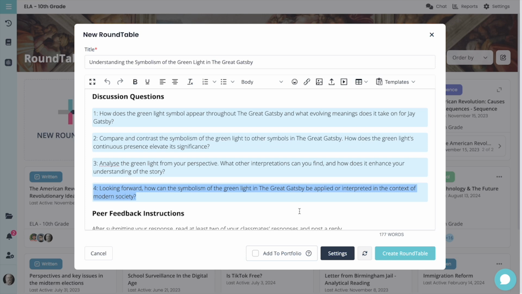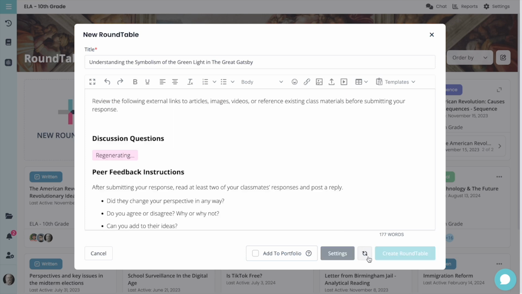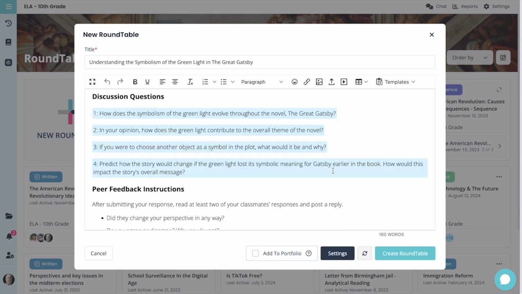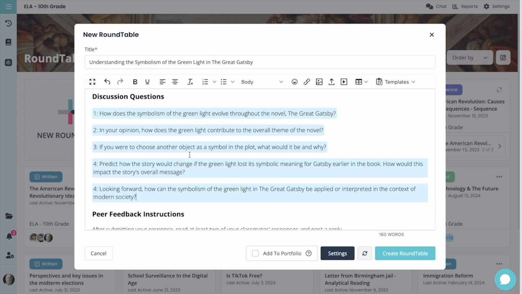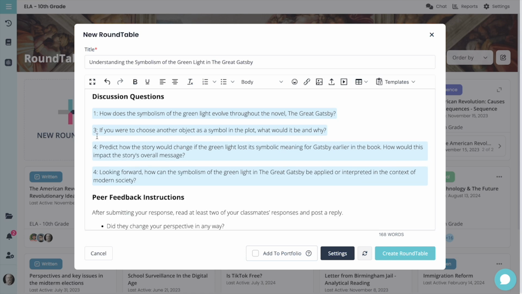So maybe I'll copy that one, but let's do it again and have it regenerate, see what it comes up with. So just like that, I have 4 new questions. Again, I like that last one, so I might take out a couple of these ones and maybe we'll just change them up a little bit, and I can make any changes, and then I'm ready to go and I